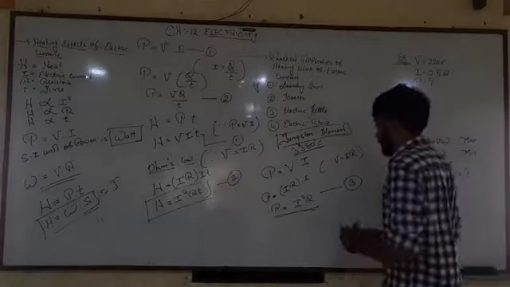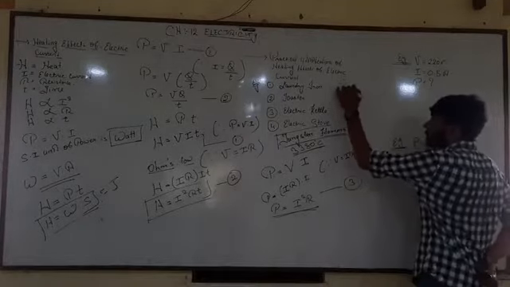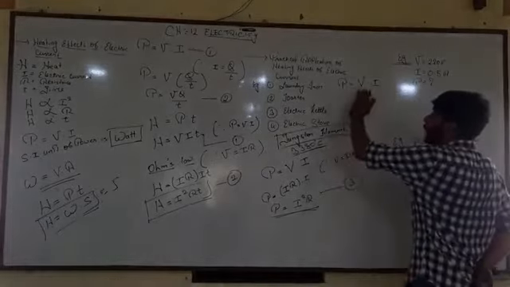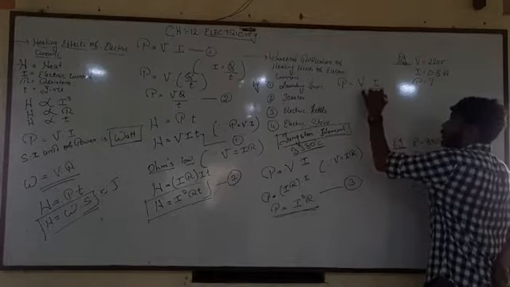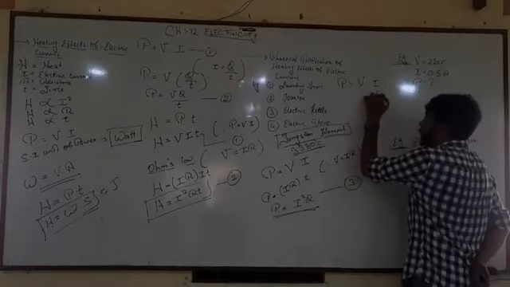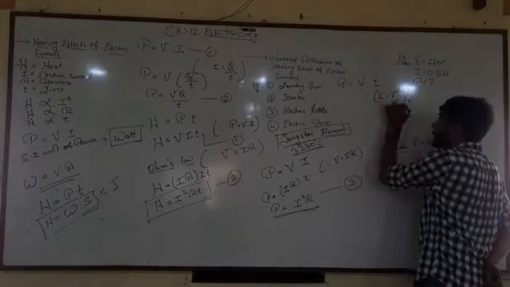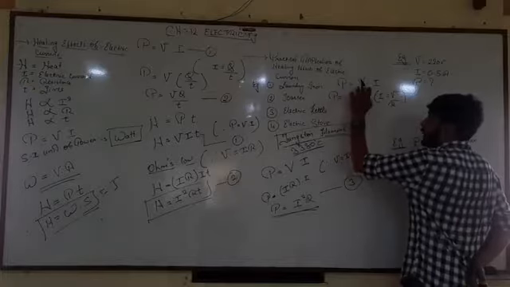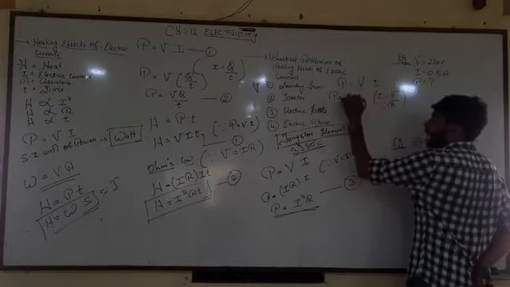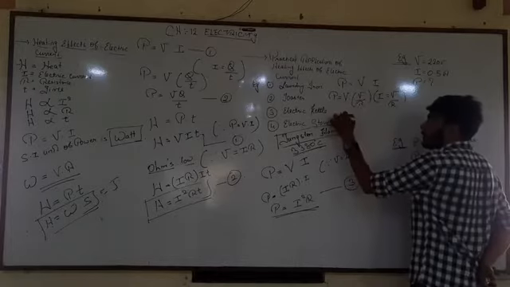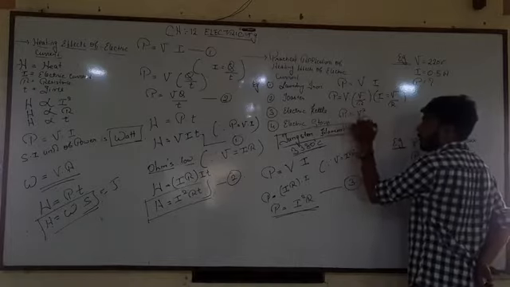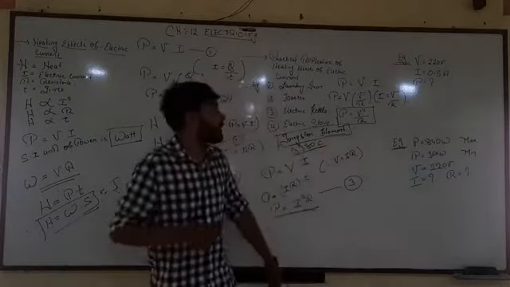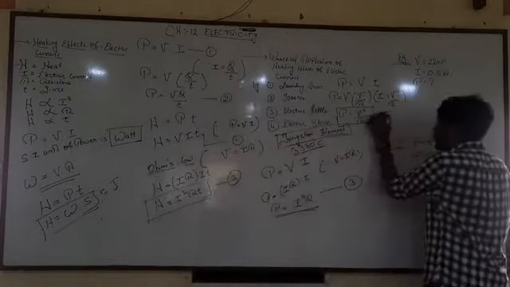One more thing we can do from this, and that is, if P is equals to VI, then we can write again the Ohm's law, but in the form of I, and so that becomes I is equals to V upon R. So that becomes P is equals to V, keep as it is, and instead of I we write V upon R. And so P is equals to V square upon R. I hope you are clear with this, students. This is the fourth general formula for power.